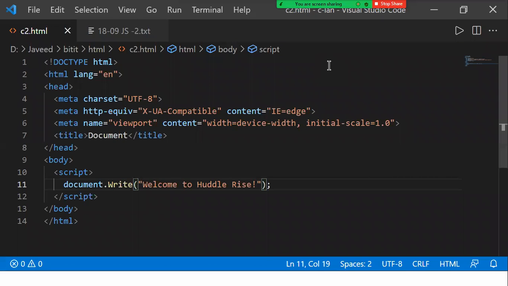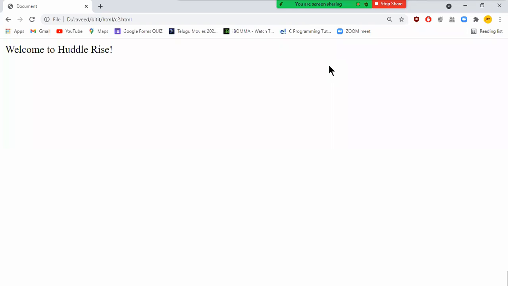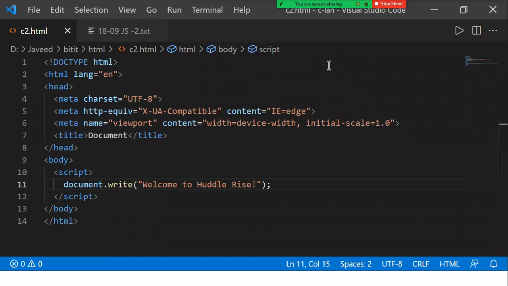So for that, what I need to do is write a small letter W there and save it. Now I'll just refresh my page. If I am using R, you can use Control plus R to reload your page. When I reload my page, it does the refreshment, and you can see that the execution is shown for you. That's how you do the debugging of your application.